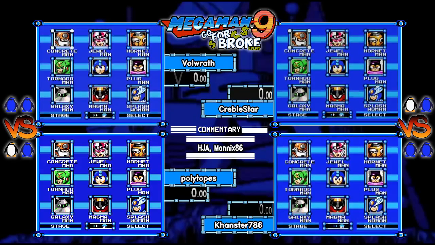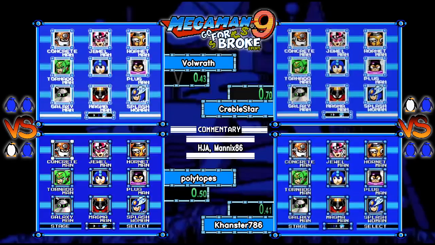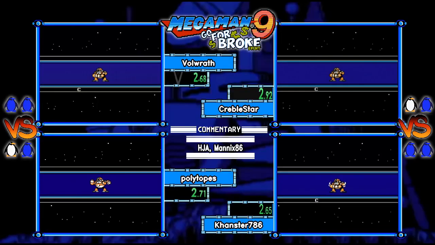I'd say I want to see Polytopes do better, but damn, that was really good. I'd like to see everybody, how about 3 PBs? Volwrath, Creble, Khanster, the all. Let's do it. I'm down with that. Why not all 4? Polytopes, let's get a 32 2x now. Let's go. Can you imagine 2 32s in the same day? By the same person. I've seen another one